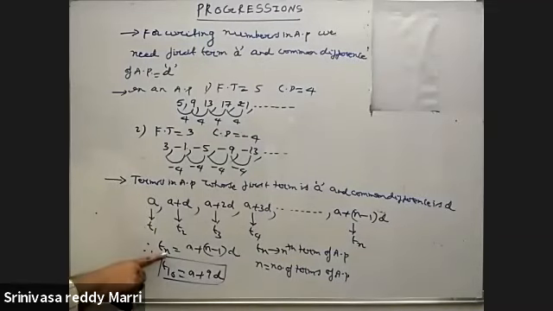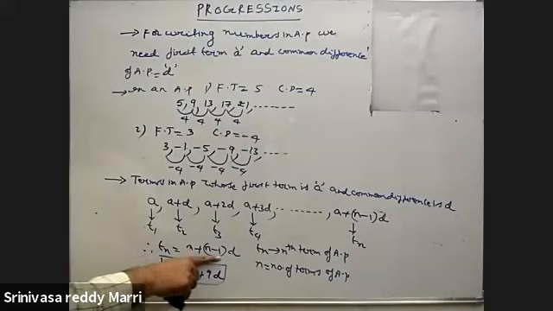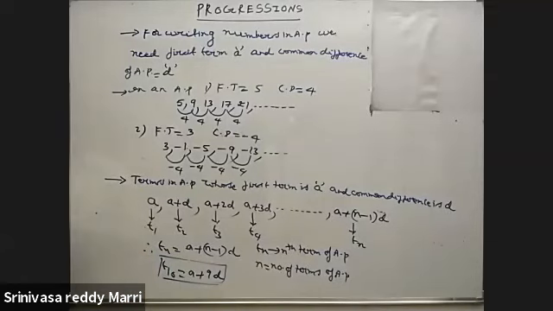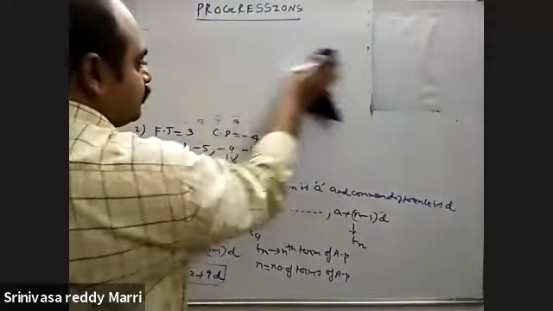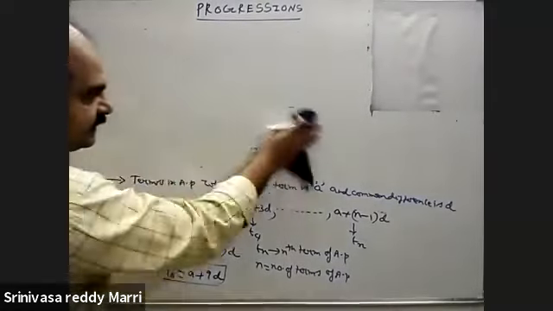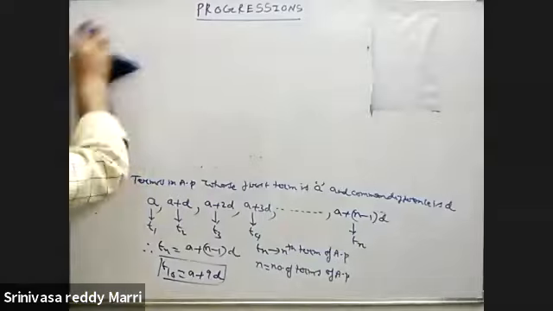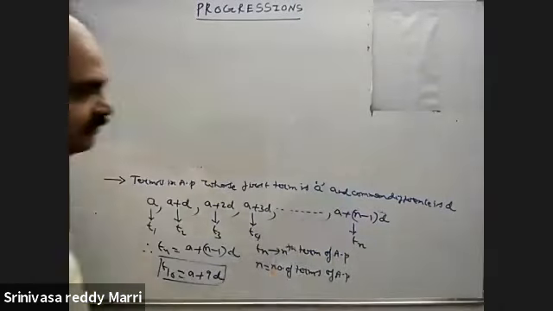The nth term of an AP whose first term is a and common difference is d is Tn equal to a plus (n minus 1) into d. Suppose take a simple example. I will tell from the basics and then rise to the depth. Okay, now follow the basics carefully.